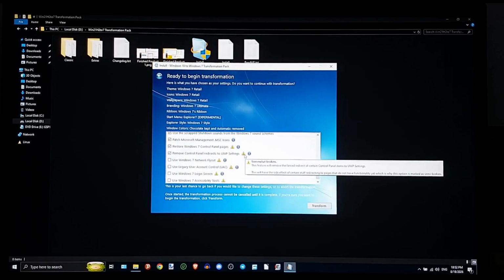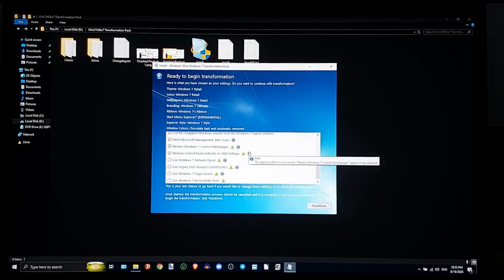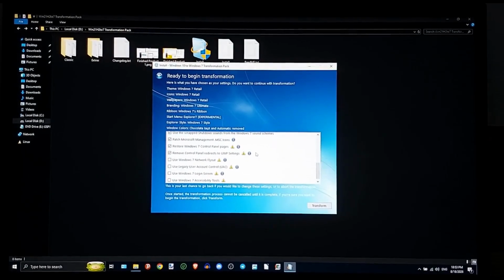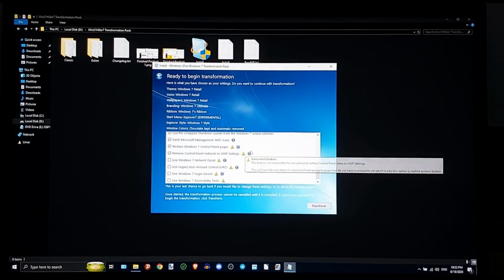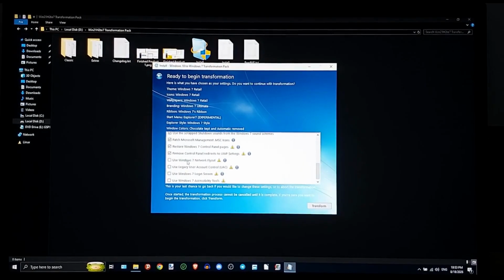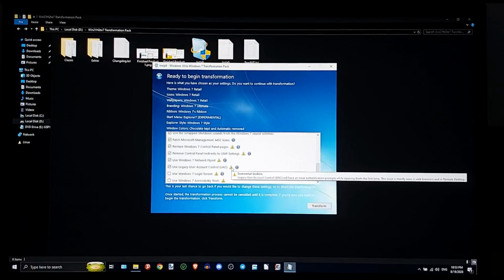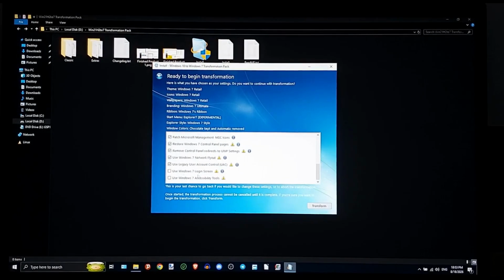Oh, for the yellow part it says somewhat broken, but I'm not sure if I'm really ready to do this, because for some reason I'm just excited since this is my first time transforming Windows 10 to look a lot like Windows 7. Now we're going to go to the Windows 7 network layout, the flyout, the legacy User Account Control (UAC),